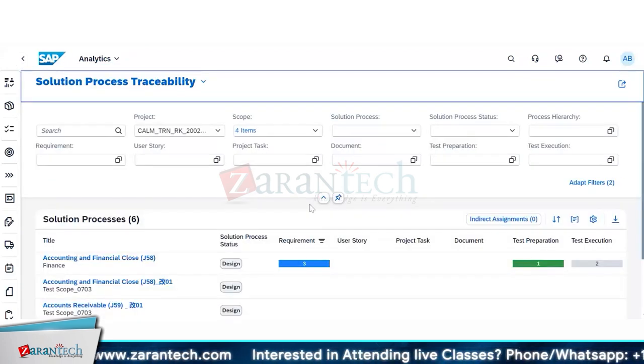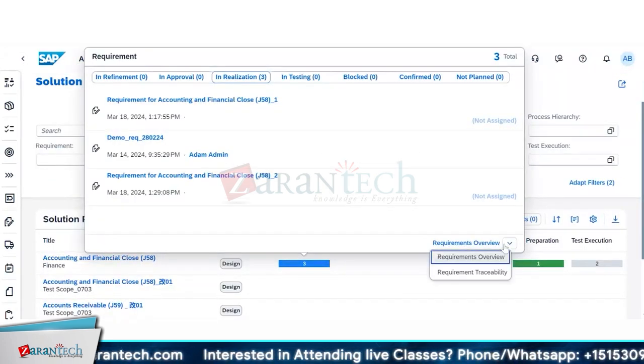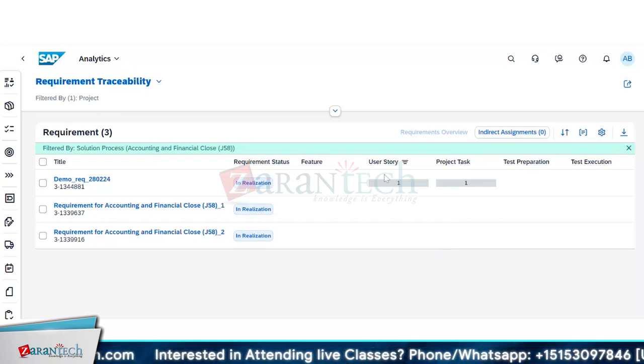Okay, now I click on requirement traceability. So you have the requirement, and now you can see there's one user story for your requirement, one project type, all the requirements I need in realization. Like this, you can see what are the different things attached to my current requirement. And once you are in a project, you will have this for all of them. And right now I can see only three, or probably there are six requirements I have created for this